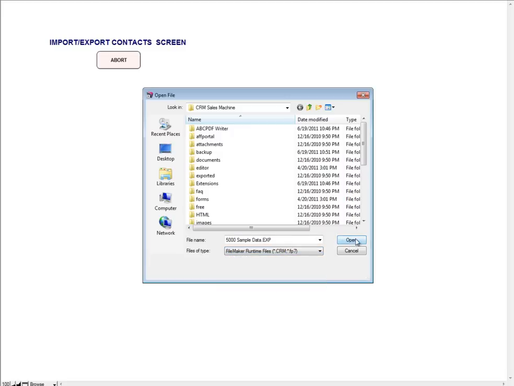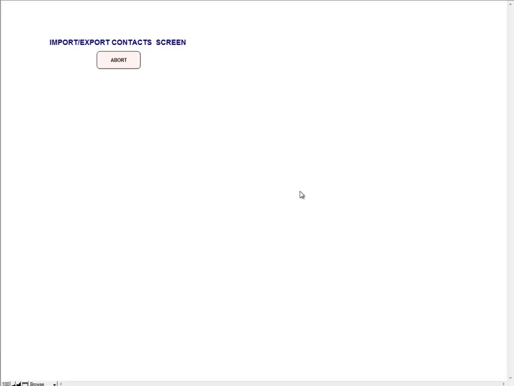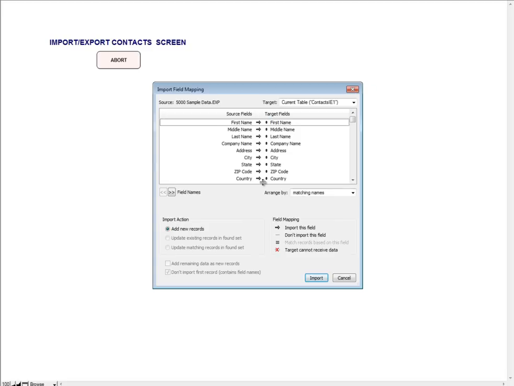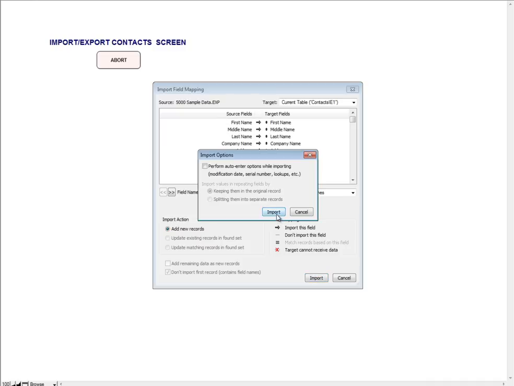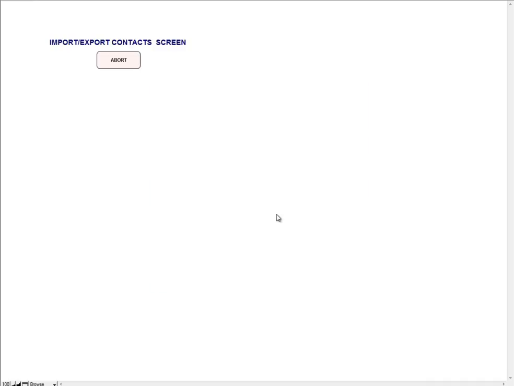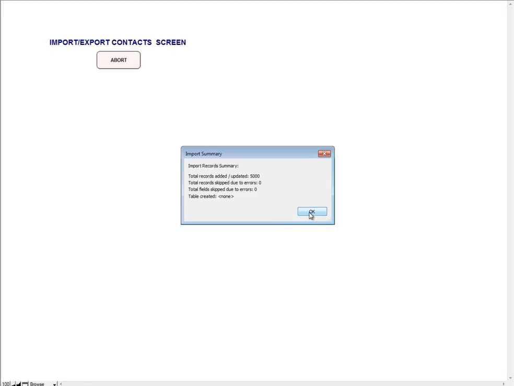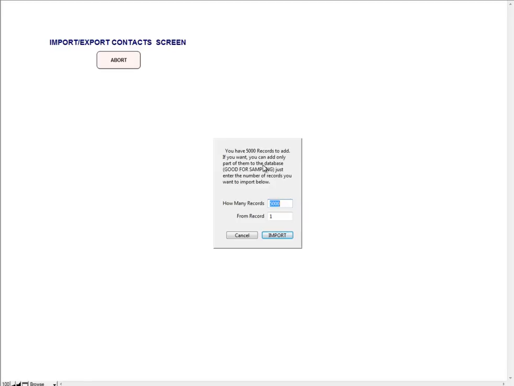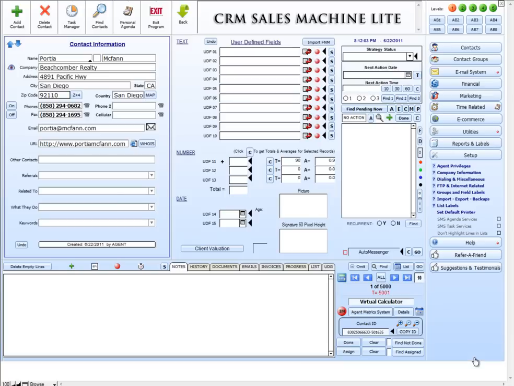And in this case, of course, I have this prepared already, so the fields match perfectly, but otherwise you will be able to match the fields and click import, and in a few seconds you can have the 5,000 records imported. From these 5,000 you can select a smaller number that will be good for sampling, so you know that you have mapped correctly. Now we have the 5,000 imported,